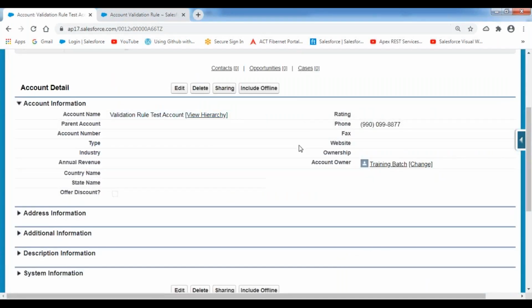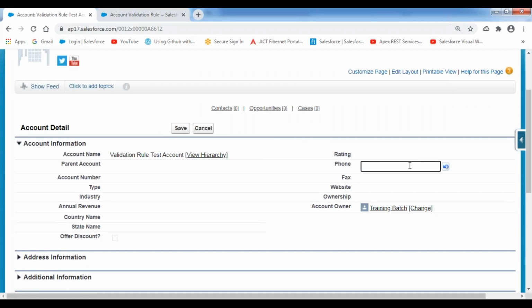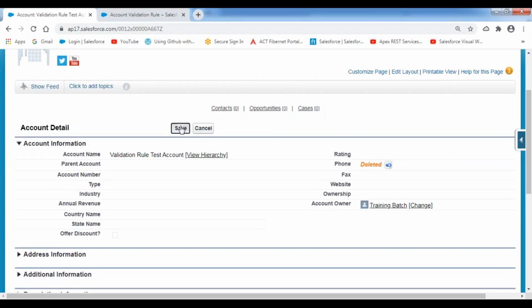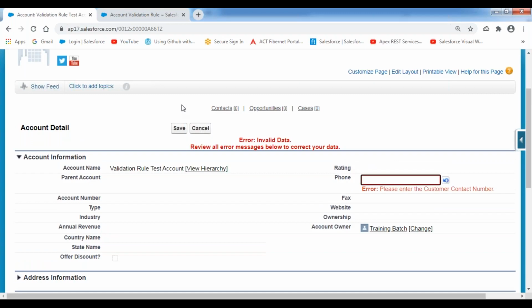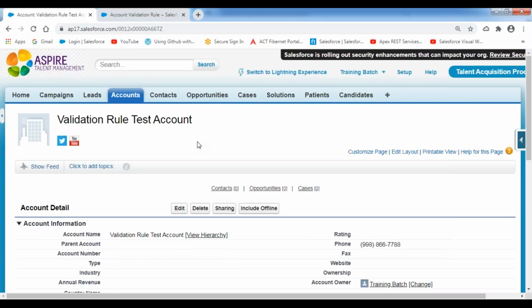Suppose, for example, upon updating, I'm modifying this record here. Let me make this phone field empty. Now let's try to save this one. It won't accept. That means not only before insertion, before updation also validation is happening. So here I'm entering the data right now. Now click on save. Now your record will be accepted. So validation rules always fire on before insertion and before updation. In both cases, the validation rule will get fired.